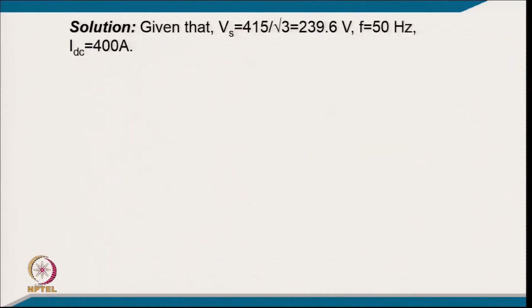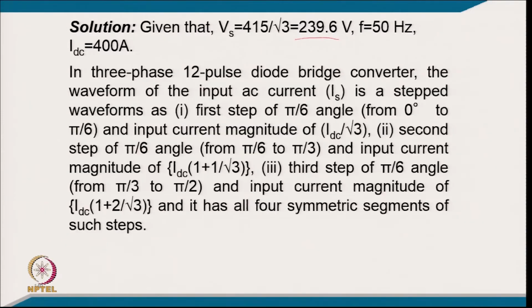So, coming to the solution, given that the supply voltage per phase is 415 by root 3, that is 239.6 volt, 50 hertz, and the DC side current is 400 ampere. In a 3-phase 12-pulse diode bridge converter, the waveform of the input AC mains current is a stepped waveform. The first step of pi/6 is from 0 to pi/6, and the input current magnitude is IDC by root 3,